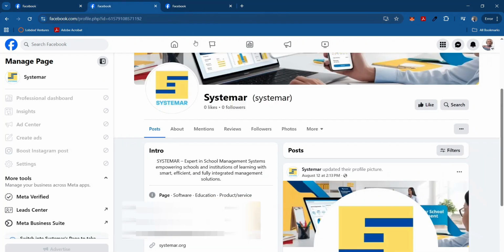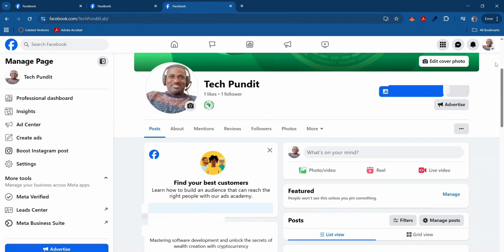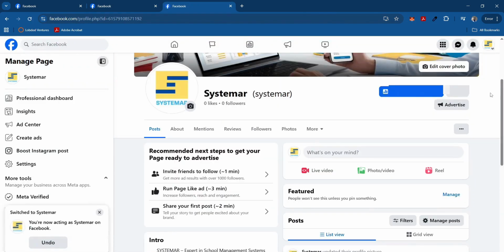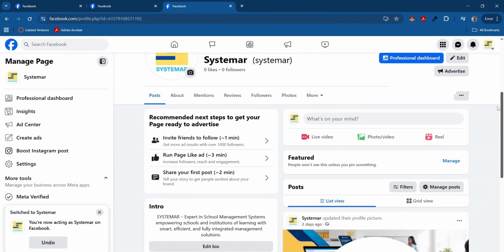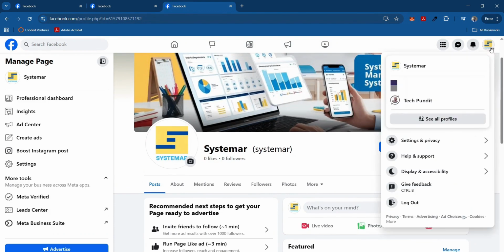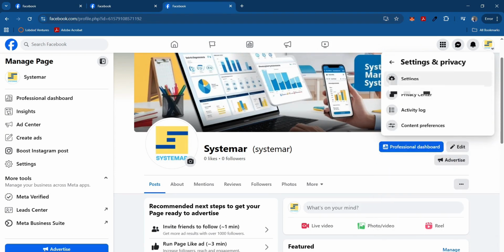Firstly, to start, if you are not on the page that you need to change the URL for, what you need to do first is ensure that after logging into your account, you switch to the page that you want to customize. Once this is done, you then simply click on the drop down arrow where you have your profile, and you come to settings and privacy. You click on settings and privacy, and again you'll be